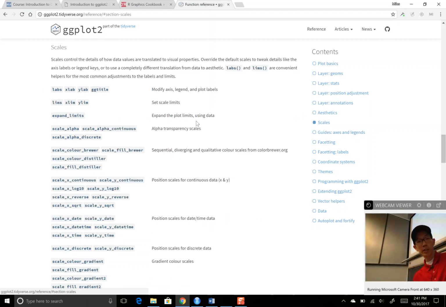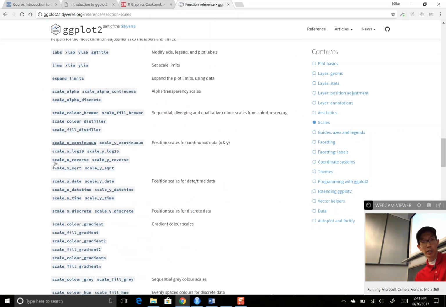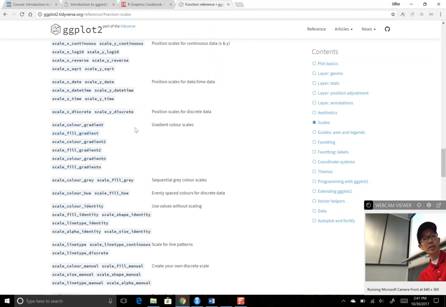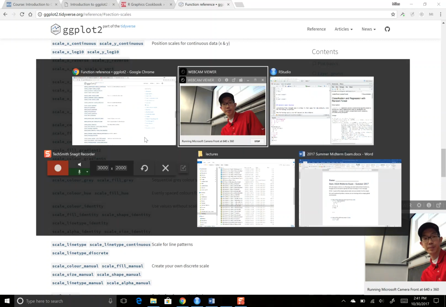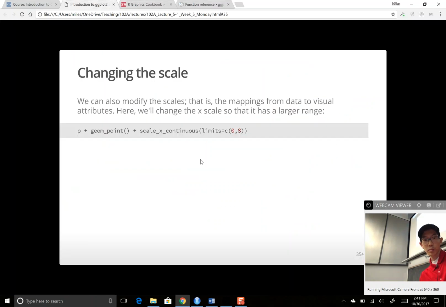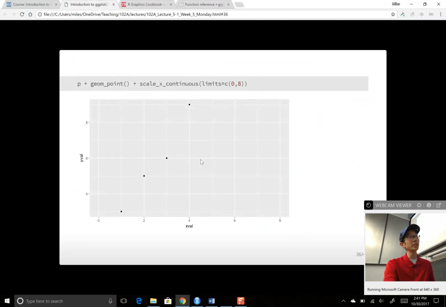I want to change a scale, and a lot of times they will have all sorts of options as far as things you can change. You want to change things onto a log scale or something like that, you can do that. You can change the scales for the fills or things like that. Okay, so changing the scale to 0 to 8, here